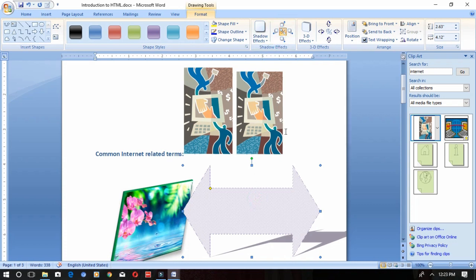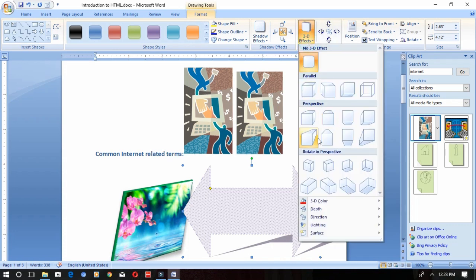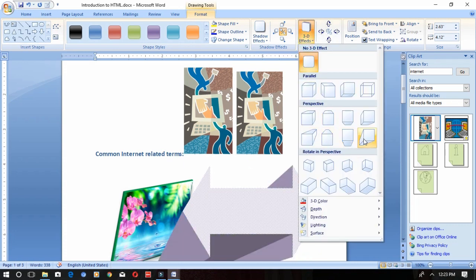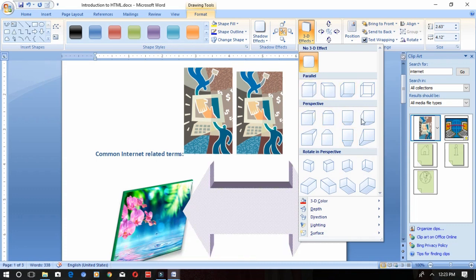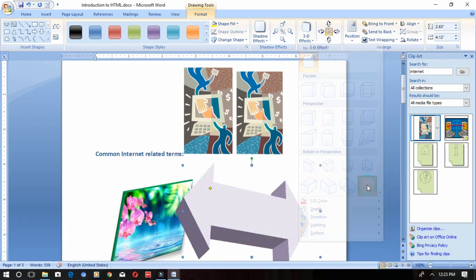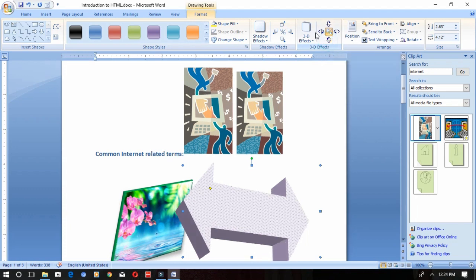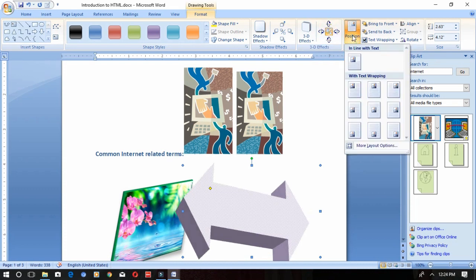Okay. Next, 3D effects can be given using this 3D effects group. See the difference on the shape which I have selected. I have selected it like this, and this can be edited: tilt down, light change will be there. See, top, right, same position. It is for shapes also, same like pictures.